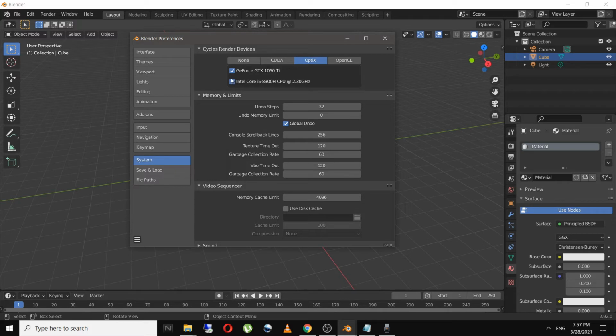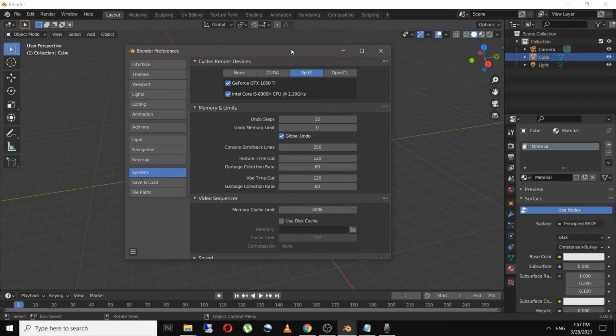And in there the GPU and CPU will automatically be selected. So you have to select in here to render your objects in Cycles. The better the GPU card, like 2080 or 3060, the faster your render will be. So I would recommend you to select OptiX all the time.